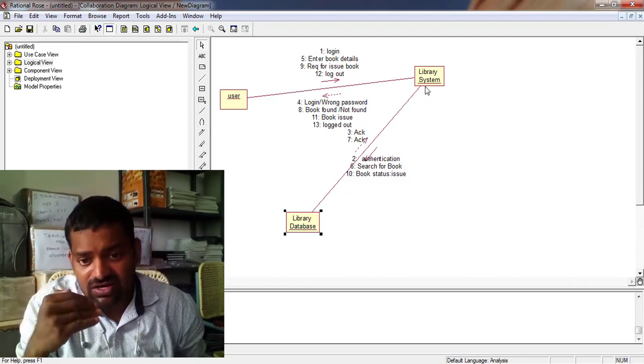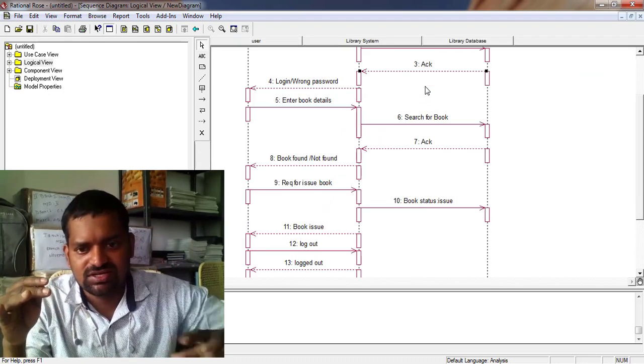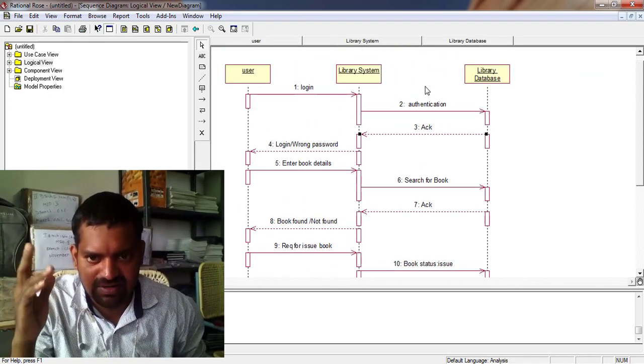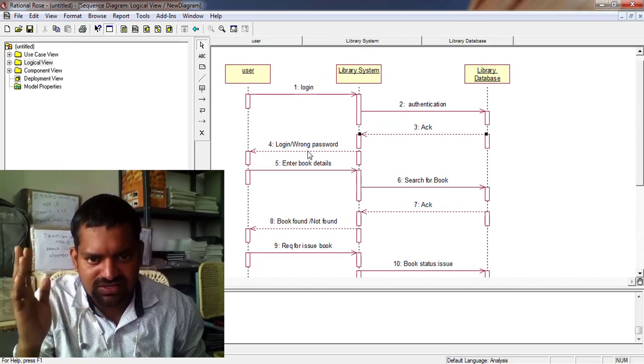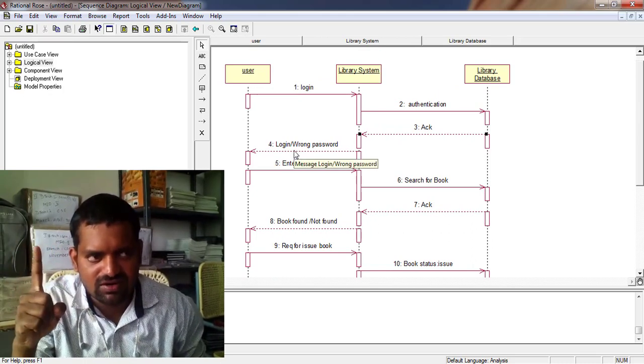What are the acknowledgements from the library system to user? Check in the sequence diagram, the acknowledgements from library system to user. So what are those acknowledgements? Fourth one, login or wrong password.